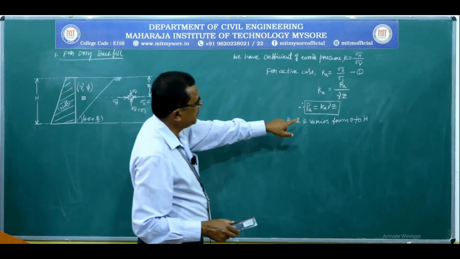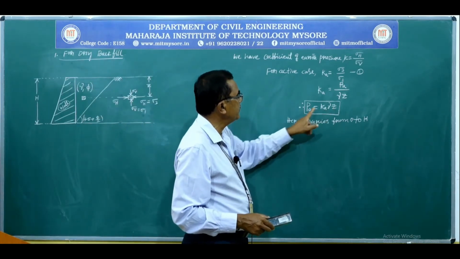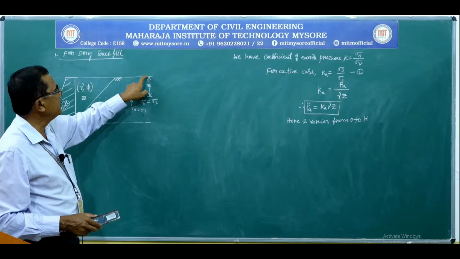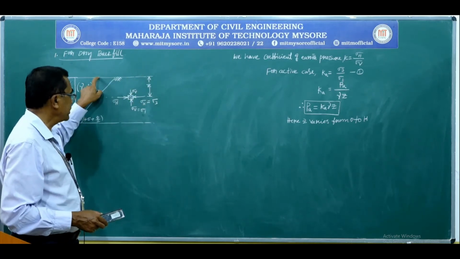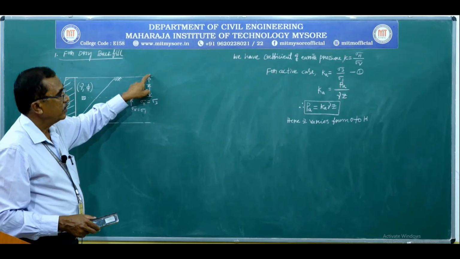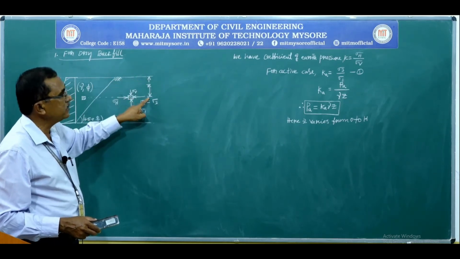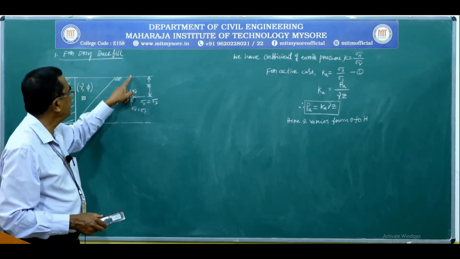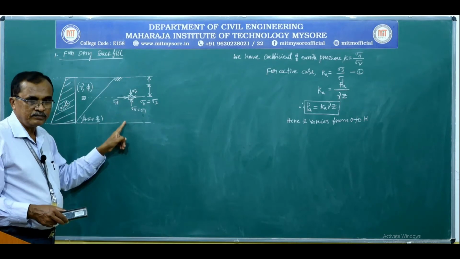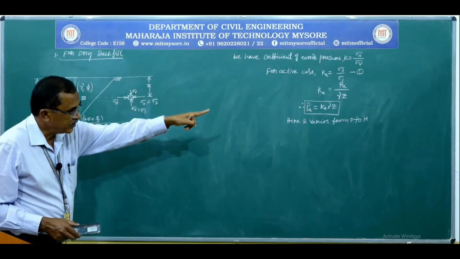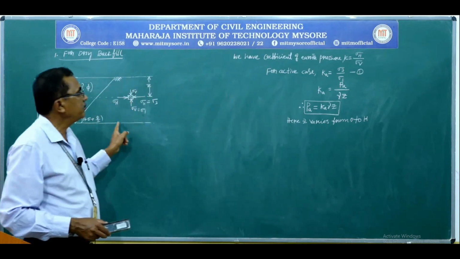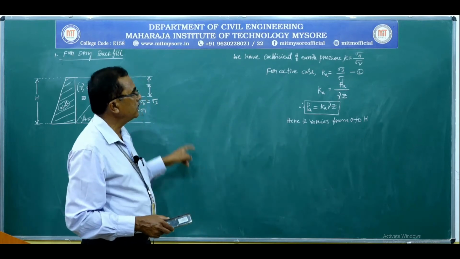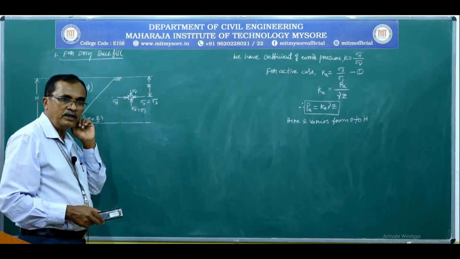In the above expression, if you substitute z is equal to 0, then PA is equal to 0. So if z is 0, PA is equal to 0, which means earth pressure is 0 at the surface. And earth pressure at the depth of z is PA equal to Ka into gamma into Z, and if Z is equal to H in this general expression, then PA is equal to Ka into gamma into H. So this is the active earth pressure at the base of the wall.